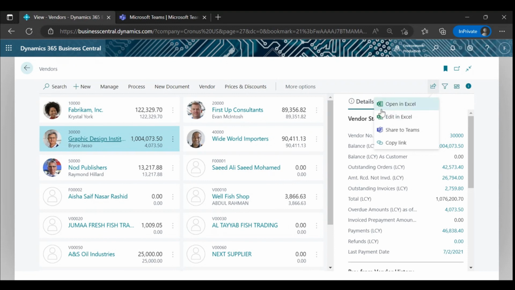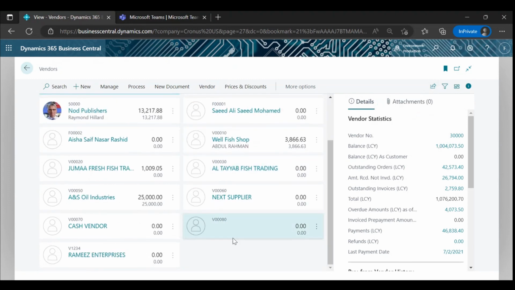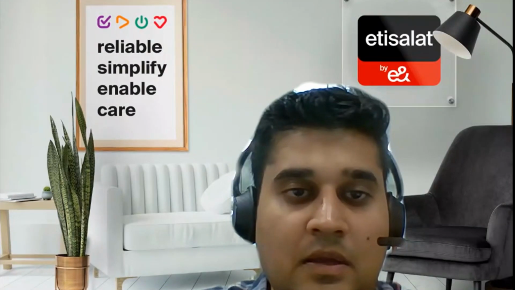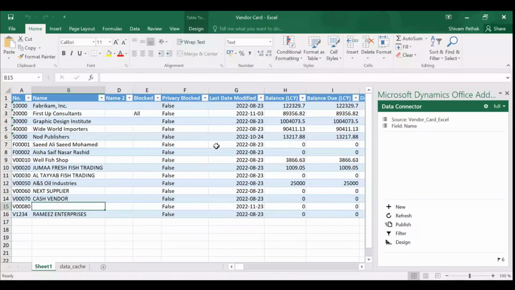So this is the feature that I would like to show: edit in Excel, and how does it work? Basically, I would like to show you this particular vendor, 00080, which doesn't have any name, and we will try to update this vendor right from Excel. When I do edit in Excel, it opens this particular window, and there is an Excel connector embedded right into my Excel sheet.